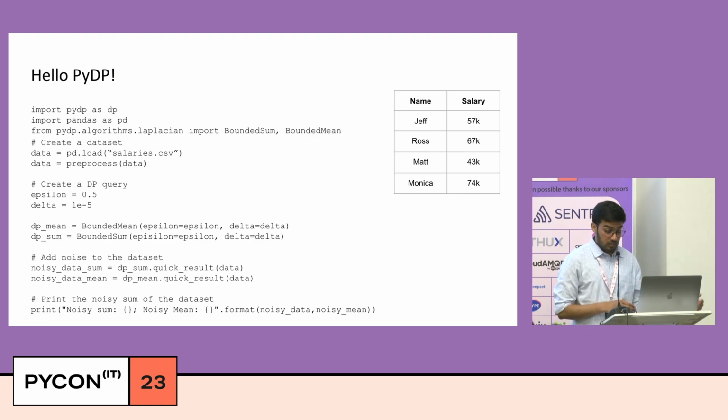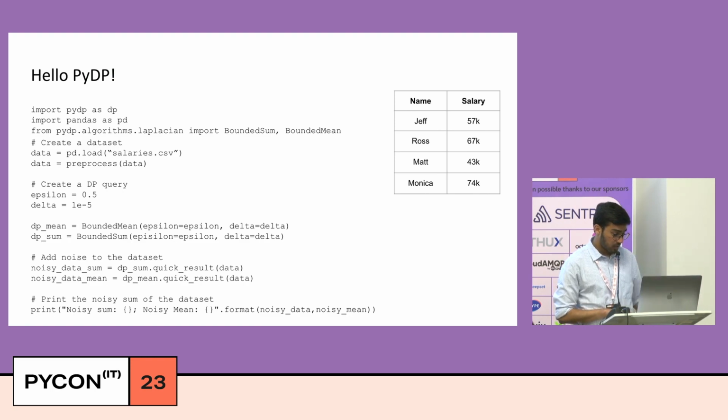Now, if you imagine, if I do not abide by differential privacy, what I can do is, if I want to find out the salary of Jeff, for example, I do a query of, give me the sum of all the salaries in the database. It gives me a number. Then I remove Jeff from the data set, and then again do the same query. I take the difference, and then I know the salary of Jeff. So this is very naive, but with differential privacy, with PyDP, what we can do is